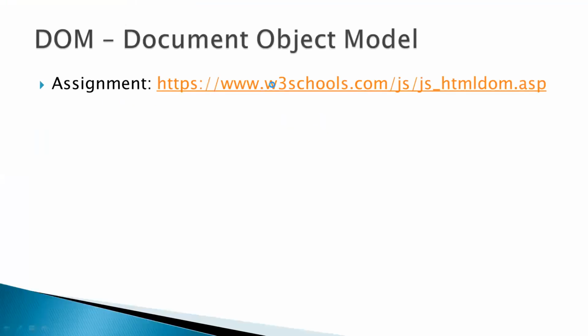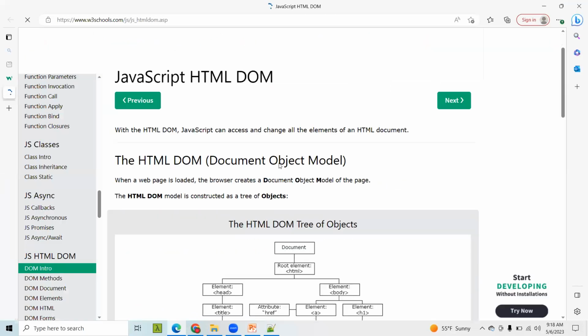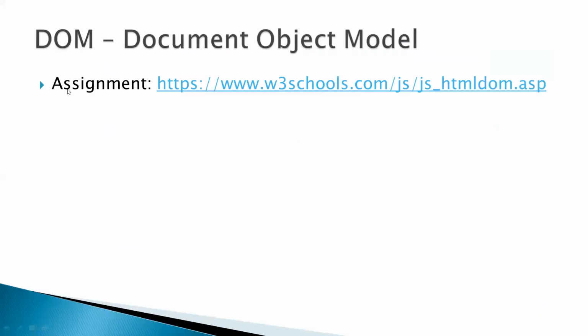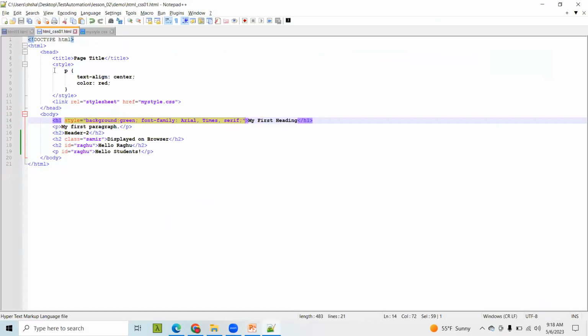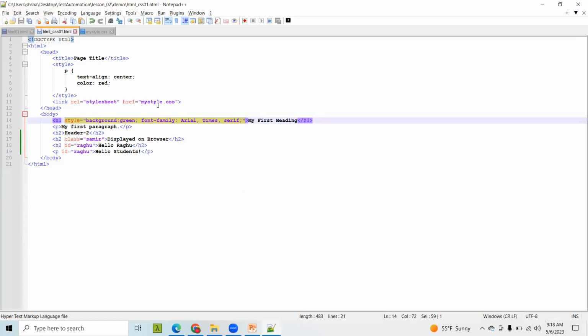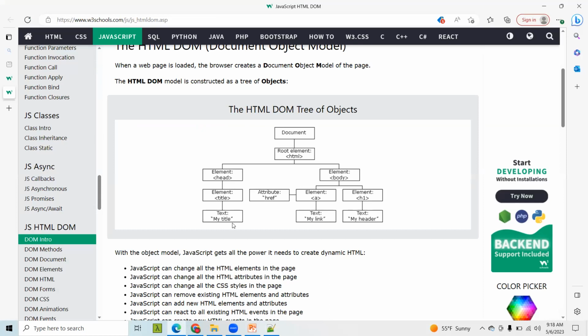So let me click on this guy over here. My tree will look like this. There's a document. Inside the document, there's a root element called HTML. Inside HTML, you have a head and a body, correct? Inside head, you have title. Right? And inside title, it is the text content, the one that Sidra was asking about, and I said don't worry about it. It can be capital, lower, whatever. That's the text content. Similarly, when you come to body,